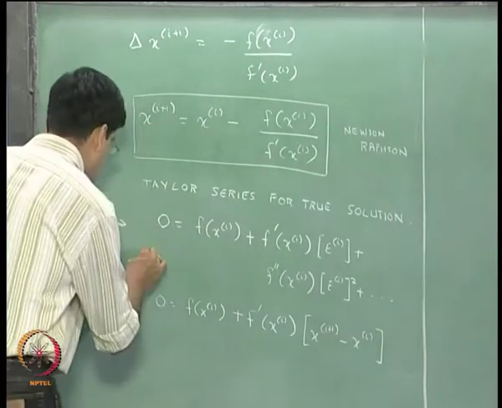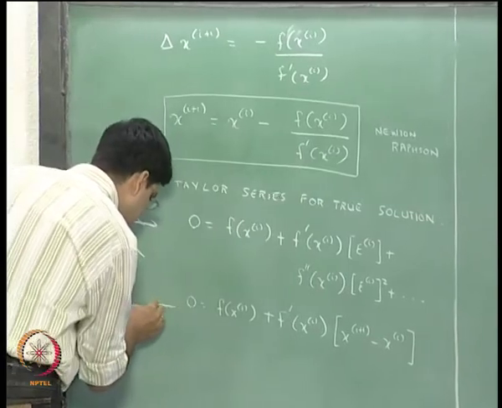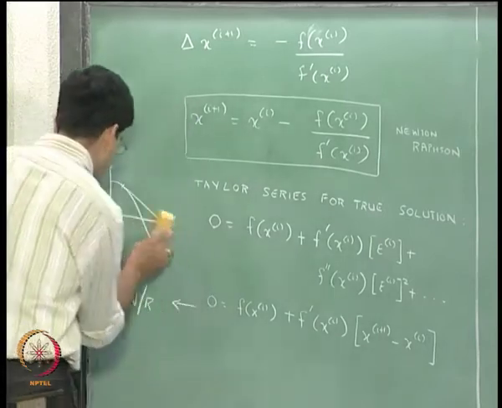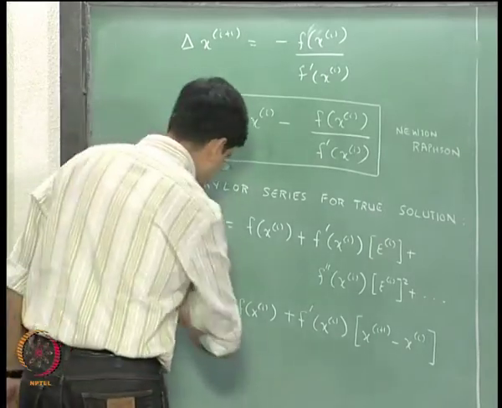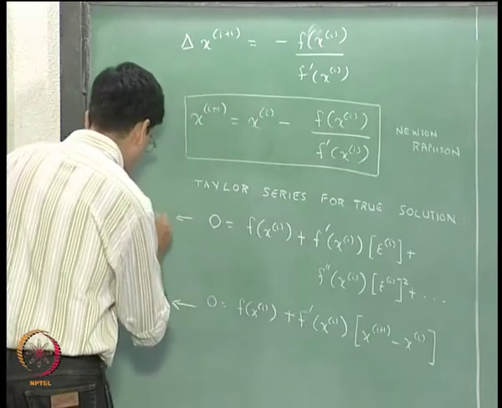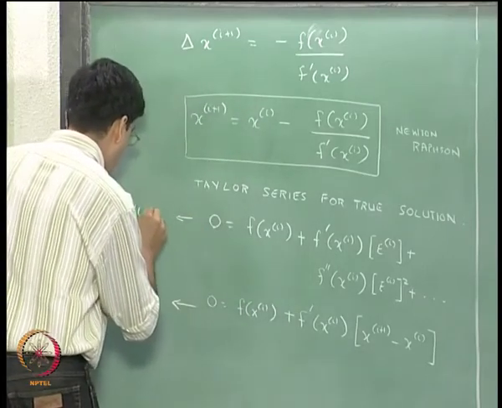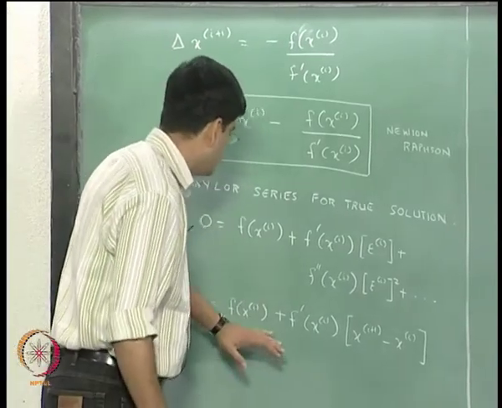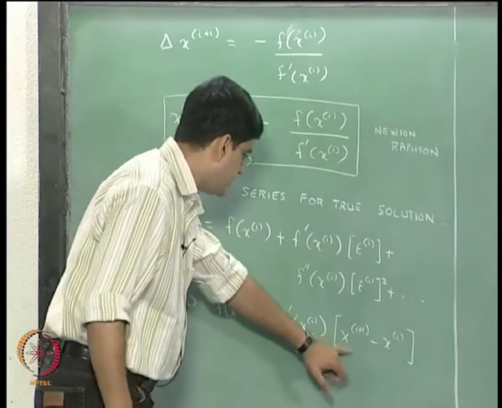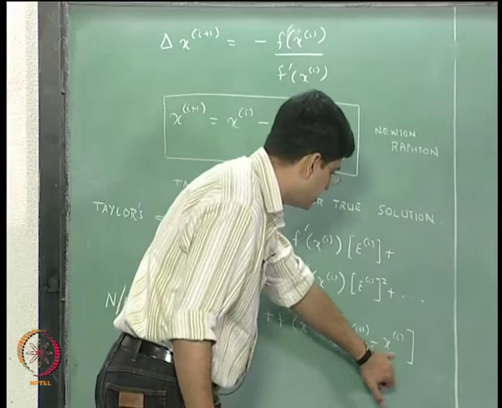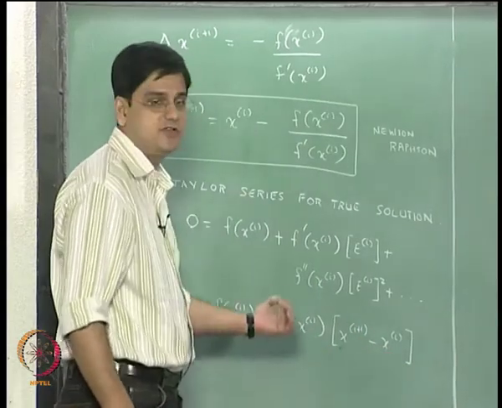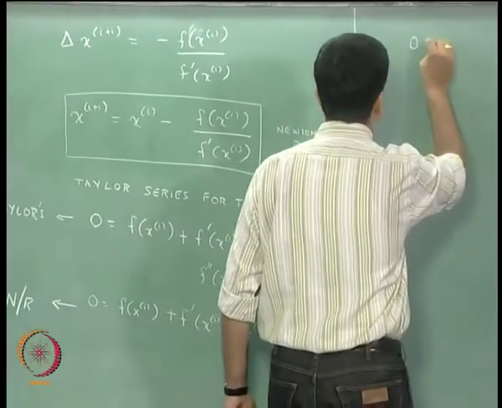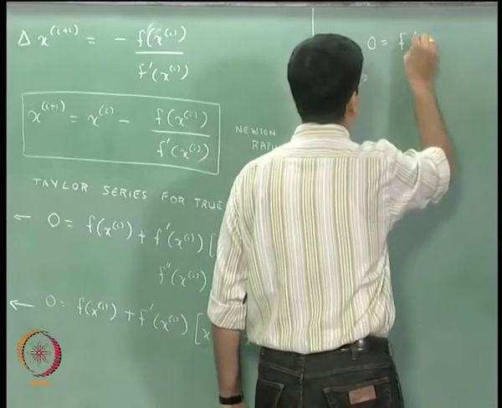Okay. So, this is the Taylor series expansion, this is the Newton-Raphson. Now, what we are going to do is essentially realize that this particular difference can be written as the difference between the error. What I mean by that is the Newton-Raphson's equation, we are going to write that as 0 equal to f